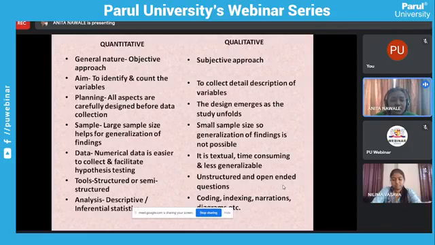For example, just for your understanding, I have taken a few examples. Theoretically, you may read everything from the book about phenomenology, but you will not understand. So I'm just giving you one example of how exactly this phenomenological study is done. This is one of the studies recently done, a qualitative study on the psychological experience of caregivers of COVID-19 patients.